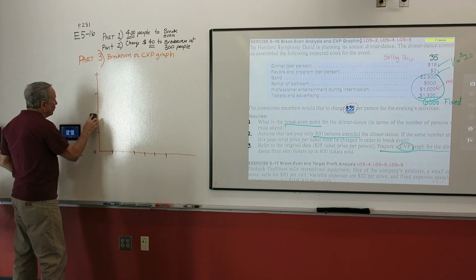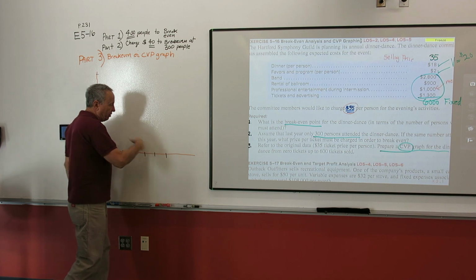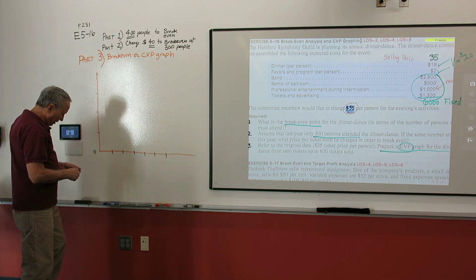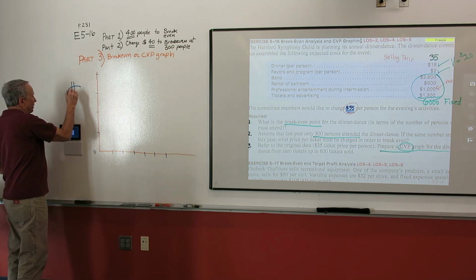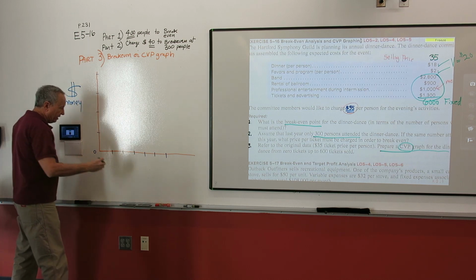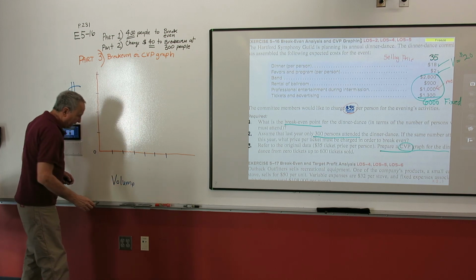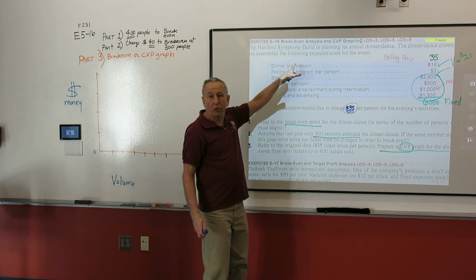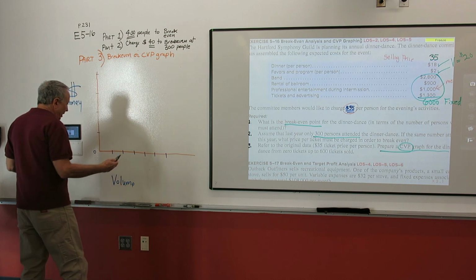To start with a graph, I think everybody would say, well, I know one thing. Draw an x-axis here and a y-axis here. And in accounting, almost always our graphs have money over here, and almost all graphs in accounting have volume down here. To do a graph, what kind of volume are we talking? Well, volume in this case is people attending a dinner. Again, how many people will attend?